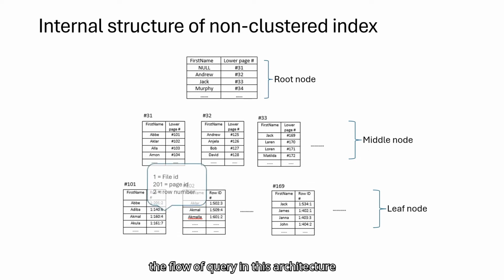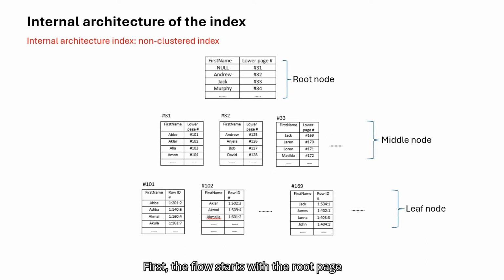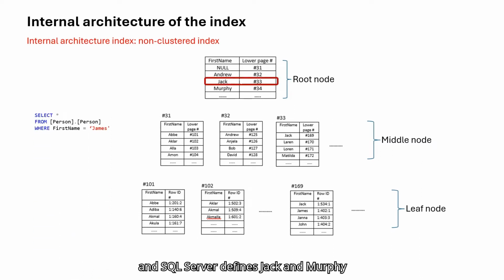Let's see how the flow of query in this architecture works. We run this query. First, the flow starts with a root page and SQL Server defines Jack and Murphy rows there. SQL Server understands that James is between these rows. Therefore, it selects page number 33 and then it goes to page number 33. There, SQL Server finds Jack and Lauren. It understands that James should be in